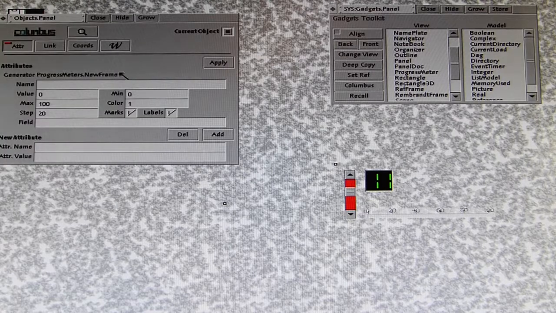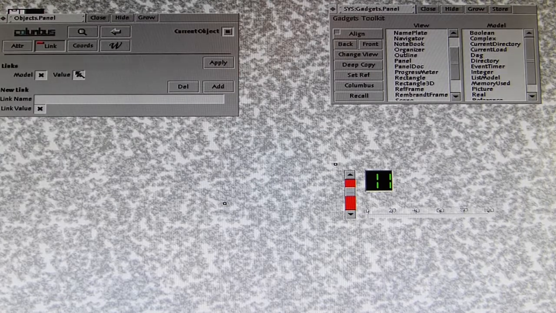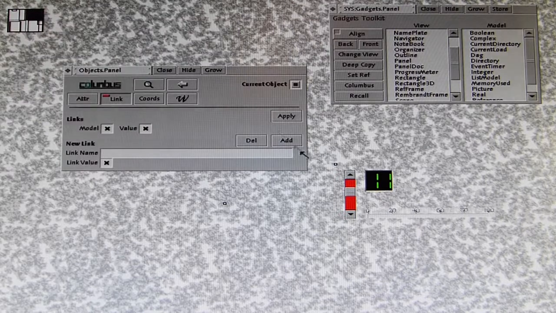When you close this and when we reopen Columbus, you can see, oh, I forgot to click apply, so we have to do this again. Okay, take this over model and we click apply, and now you can see model and value are both linked to the scroll bar,